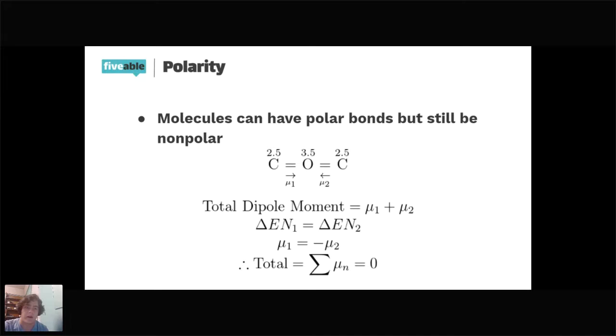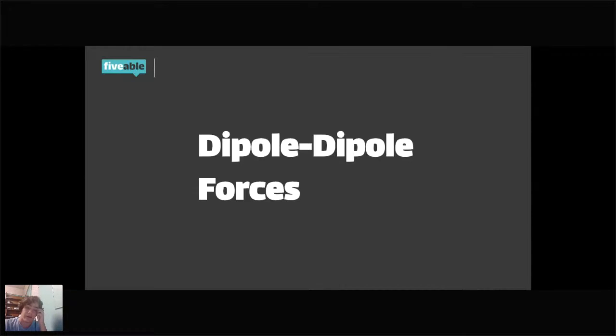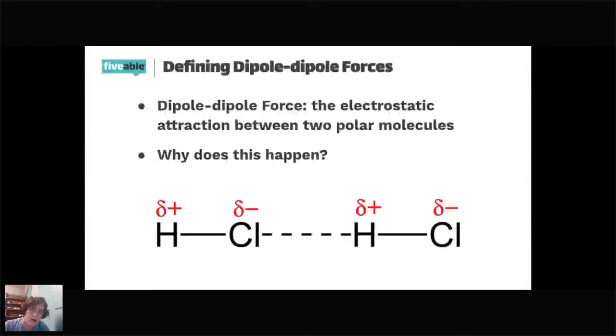Okay, so this is going to be a really important idea, so you better understand polarity. If you don't, then you'll definitely get it by the end of the stream. So we're going to be talking about dipole-dipole forces. Dipole-dipole forces are the electrostatic attraction between two polar molecules. For example, we see hydrochloric acid here, or I'm assuming it's aqueous, but it's almost definitely going to be aqueous. So I'm going to build this molecule real quick